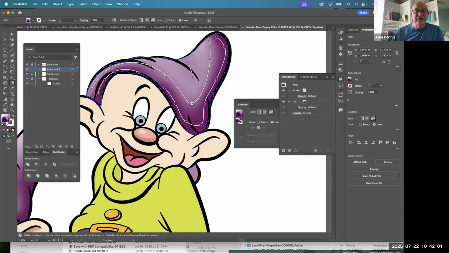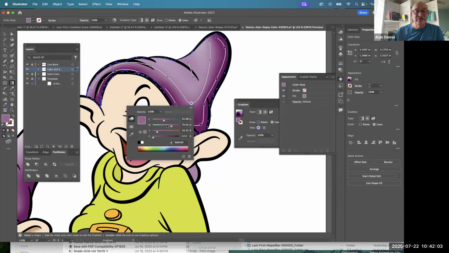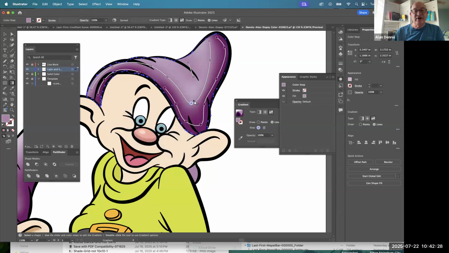Or when I double click on the swatch, I can use the sliders. Maybe I want a little more darker color, a little lighter color. You see what I get. Or I can click in the CMYK color spectrum as well. I'll do red here just so you can see what happens. Red's not what I would want, but you get the idea that you can change the color. So I have a mid value, I have a highlight value, and I have a shadow value